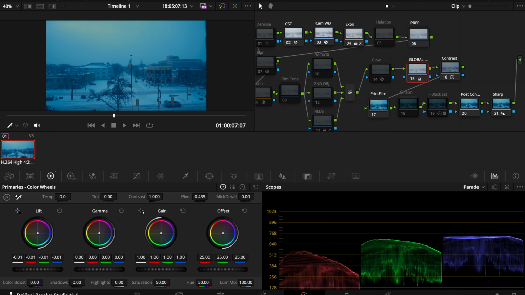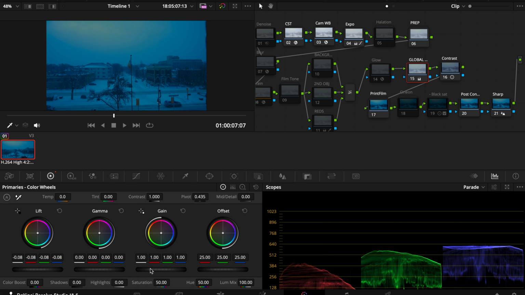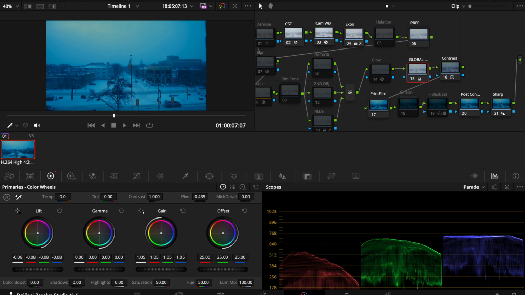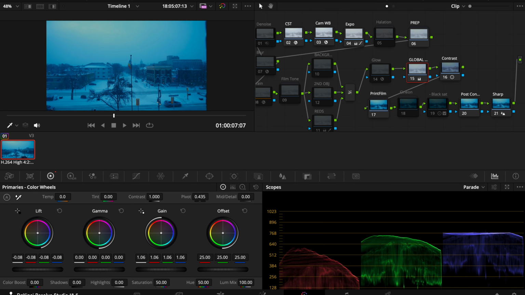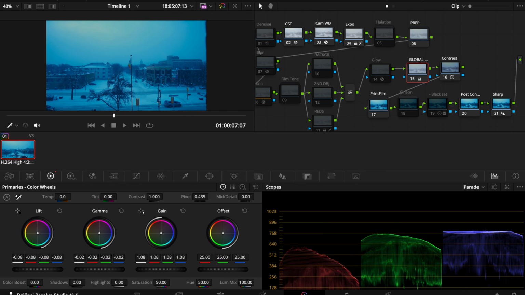We're going to turn that down here just a little bit. And then we're going to bring up our gain just a tad as well. Just because that day there was a little bit of haze or fog, sorry. And then you can see there's this weird line right here. That's just because the sun was also coming out that day, in the clouds, so it made this weird effect in the sky. So we're going to bring this up just a tad like this, bring down our midtones,